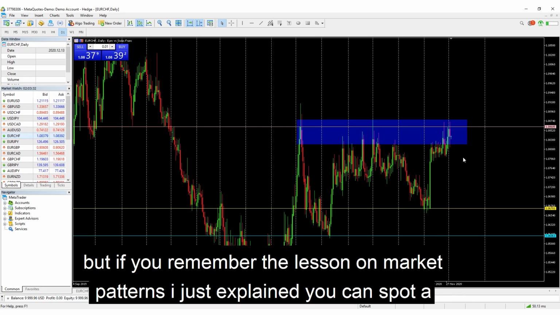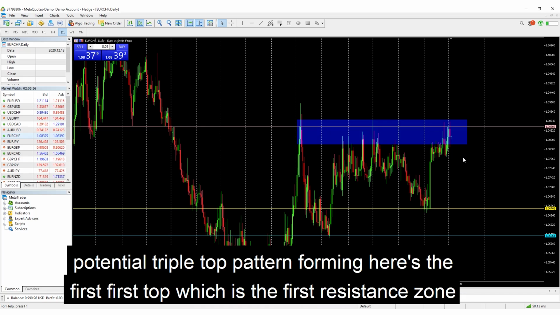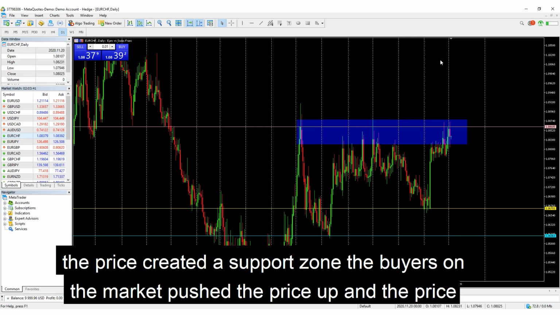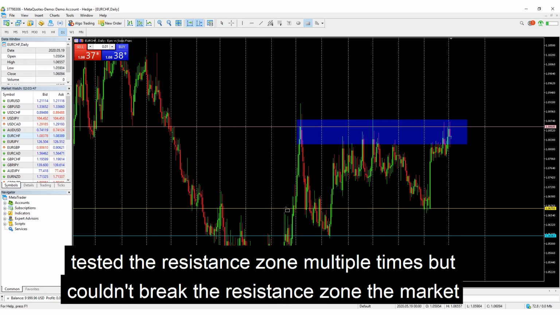But if you remember the lesson on market patterns I just explained, you can spot a potential triple top pattern forming. Here's the first top, which is the first resistance zone. The price created a support zone. The buyers on the market pushed the price up, and the price tested the resistance zone multiple times, but couldn't